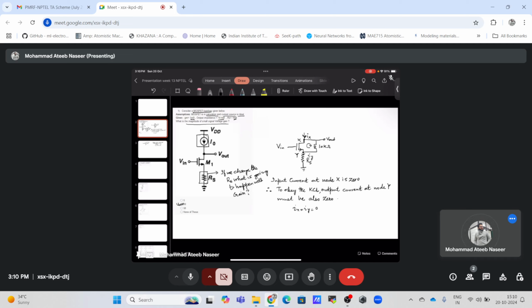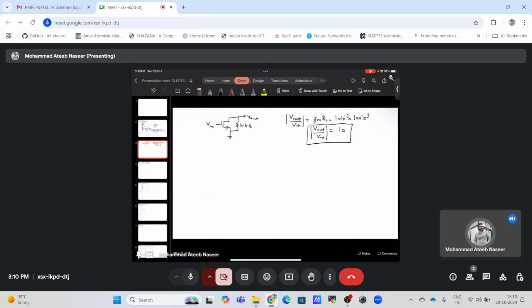Okay, so if we change the RS, what is going to happen? We drew this small signal model, and we have seen by using KCL that there is no current flowing through the RS. Okay, so since no current is flowing through the RS,